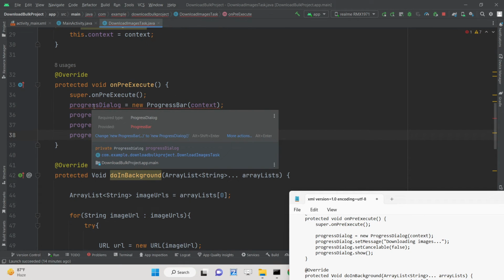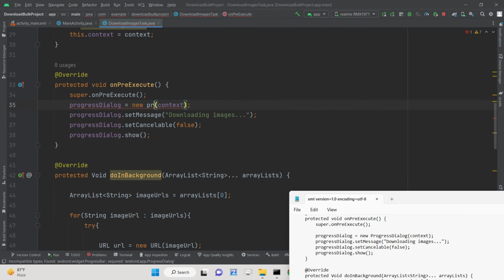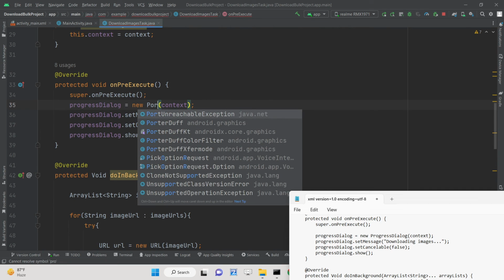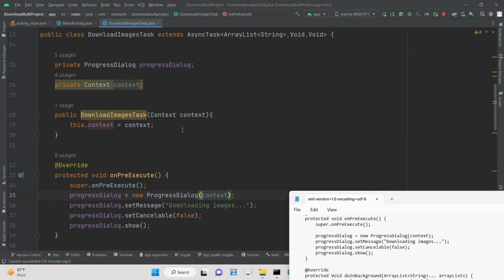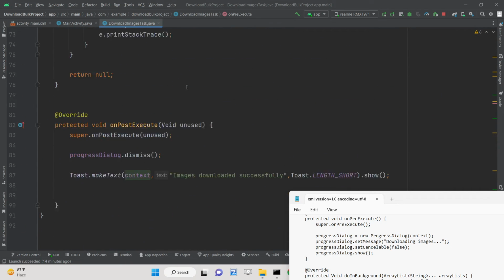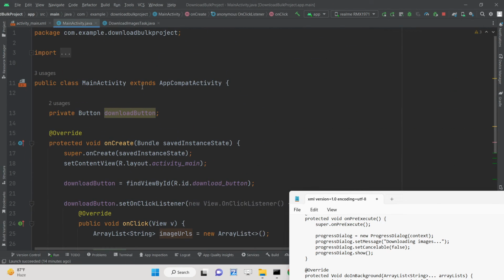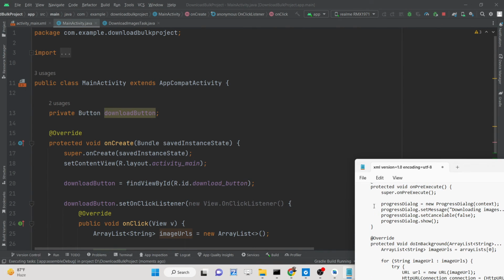So here it is saying, sorry, this needs to be ProgressDialog. So that's all, this is the actual code. Now it is complete. So hopefully now if I run this application, you will see it will now